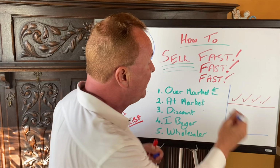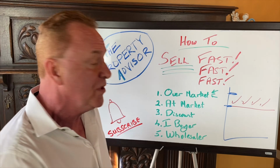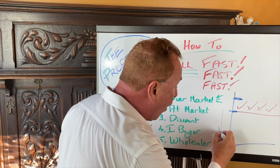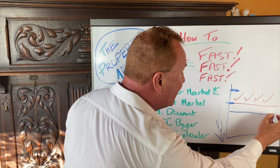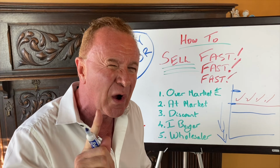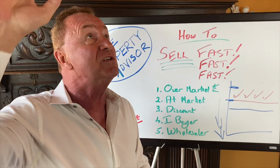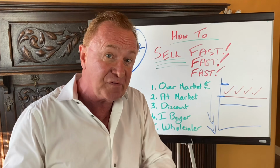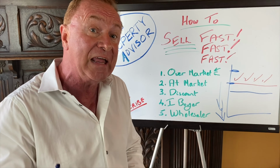Because right here is the over market value, right here is the at market value, right here is the bottom value that we'll get to in a minute. You don't have to go all the way to the bottom. Before you go to the bottom, go to the next level right here. And what's the next level? That is a reasonable discount level. Now watch what I mean. As long as your home will qualify for a loan, that means no hole in the roof, and the systems work in the home, VA and FHA will probably approve that home. So as long as it's approvable by VA and FHA,